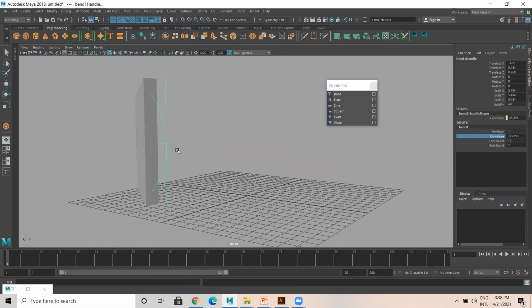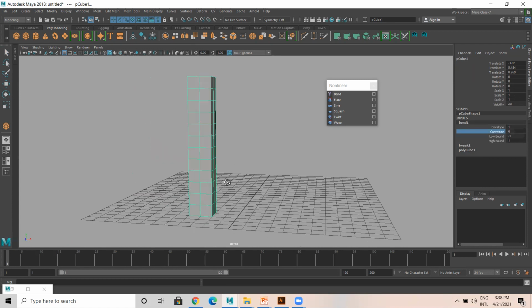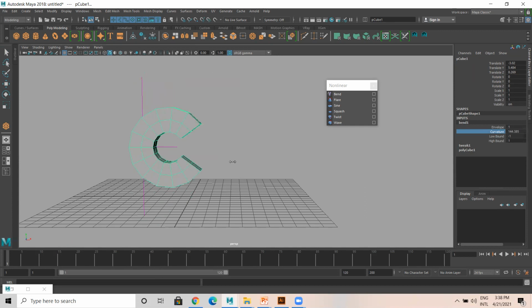Okay. The thing is, I need to add more mesh. You can bend the model like this.